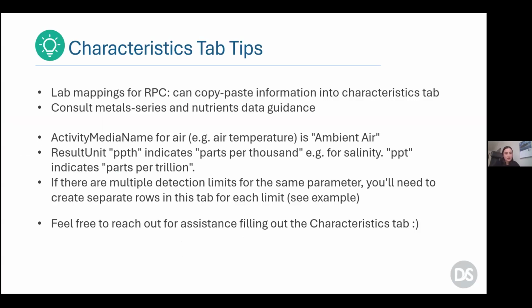Just to end on some general tips for inputting your characteristics data, we recommend using the lab mappings for RPC. If you're analyzing samples at RPC, you can consult our metal series and nutrients data guidance. I mentioned this briefly, but for the activity media name field, usually you'll input surface water to indicate that this is a surface water sample. But if you're measuring something like air temperature or atmospheric pressure, this activity media name should be entered as ambient air to indicate what's actually being measured. Another thing I wanted to note is that the unit parts per thousand is inputted as ppth, not as ppt, which is